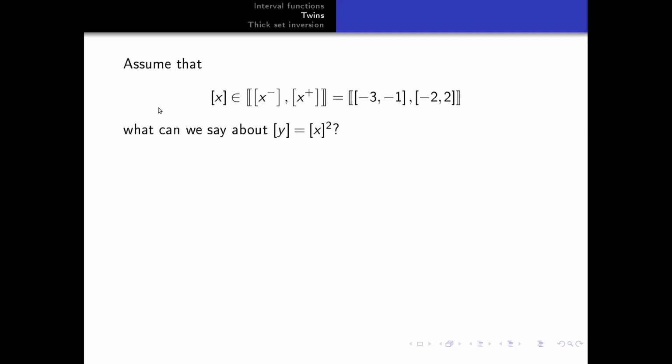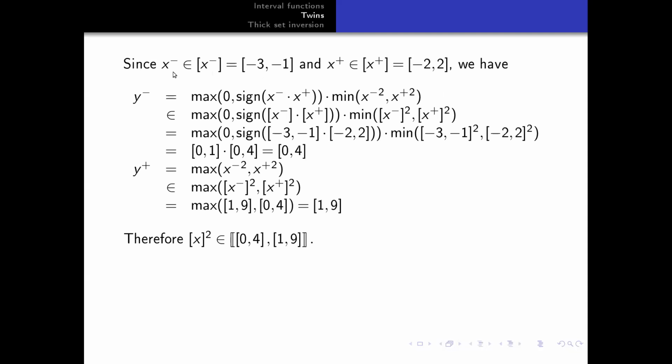Now, if I consider again the same example as before, I would like to know how we can compute the x squared. For this, I know that the lower bound is inside this interval, and the upper bound is inside this interval. So I will be able to compute the lower and the upper bound for the square of x. How can I do this? Since I have a closed expression for